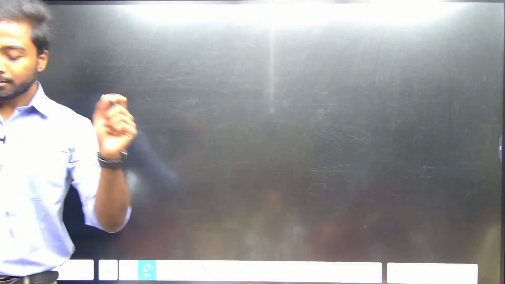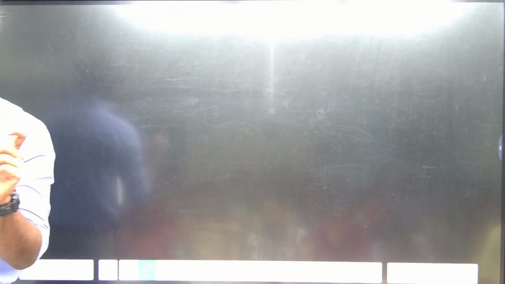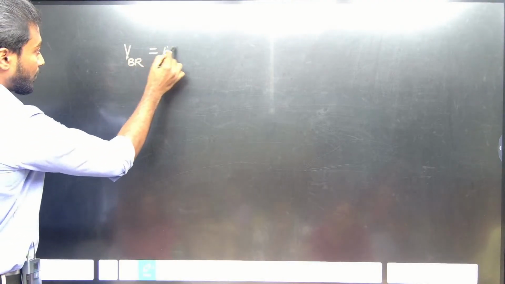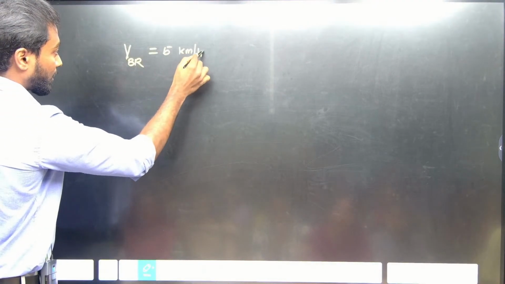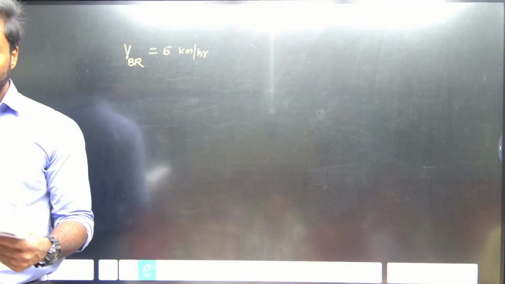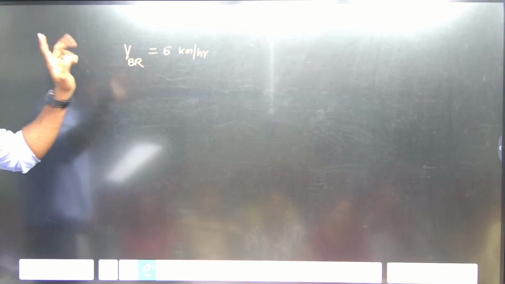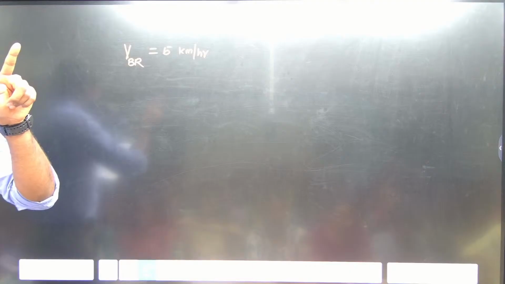See the question line by line, word by word. The speed of a boat is 5 km per hour in still water, which means the velocity of the boat with respect to the river is 5 km per hour. Any doubts in the first line? In still water, they have told, no? Which means with respect to the river, it crosses a river of a width